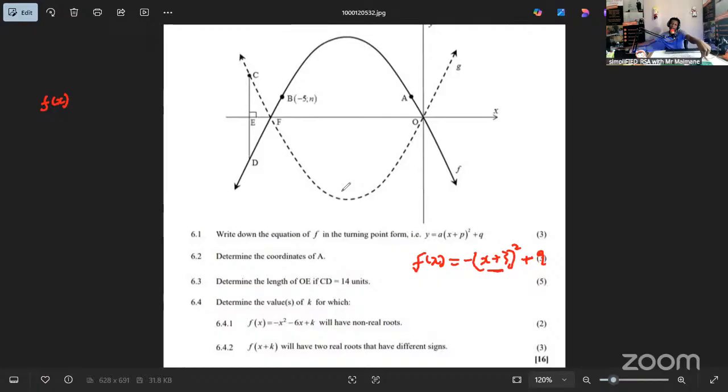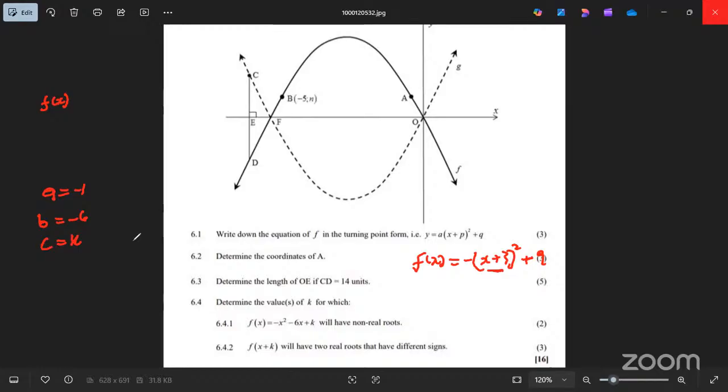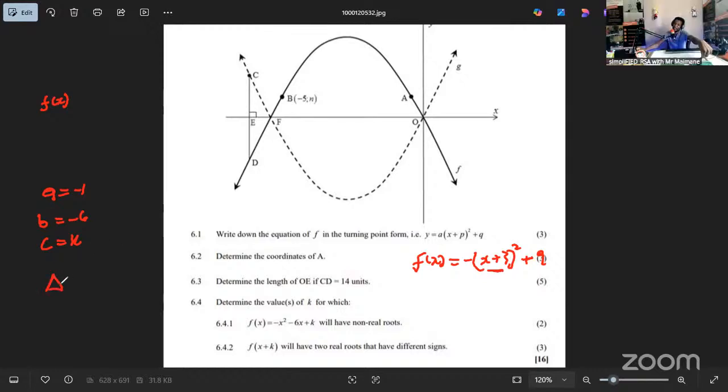If we find A, B, and C, we do have them. A would be minus 1, B would be minus 6, and C would be k. And then substitute it into what is it again? The discriminant. Yes,